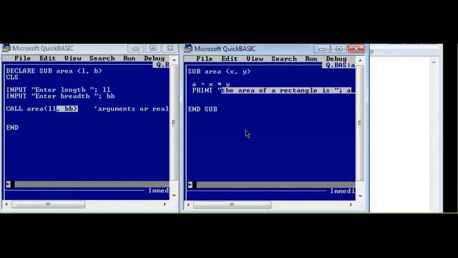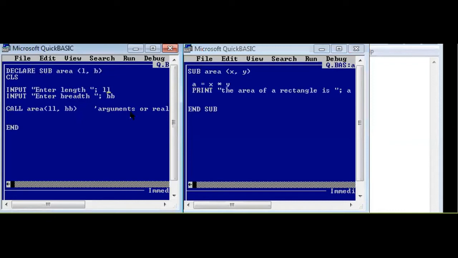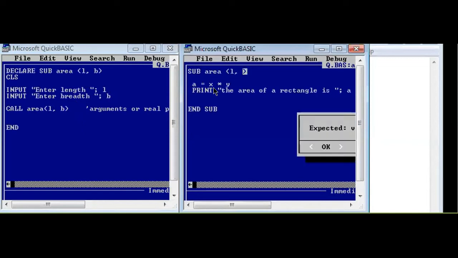So the bottom line is, in most cases, you will see the same variable name. What I'm trying to say is, suppose in the declare part you write L and B, for easier purposes what we usually do is use L and B everywhere. Here also we'll be using L and B. Here also we'll be using L, B, and the same change can be made in the formula part as well.